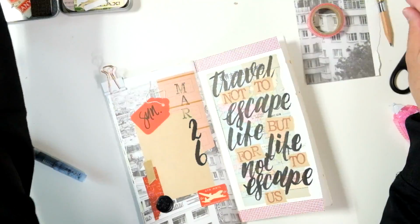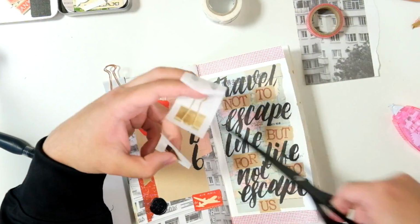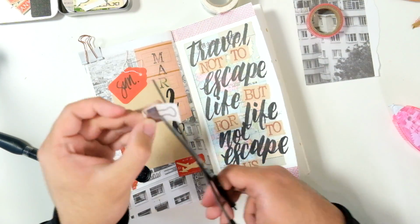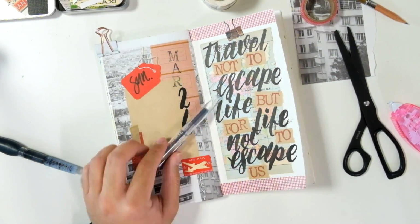And then I took out this empty washi tape which has clips on it, and I'm gonna cut out this tiny brass one, not the gold one, the brass one, and I'm gonna fussy cut it and put it at the top of the page so it looks like the clip is holding that map piece of paper. At this point, the spread is pretty much finished. I'm just going to journal with my J. Herbin pen,